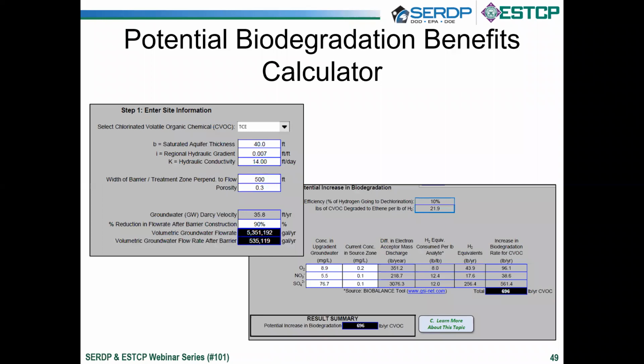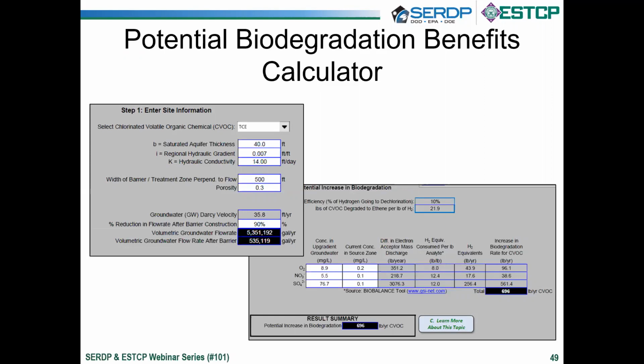Now, one key thing to note here is that the increase in biodegradation would be applicable to type 1 sites, which is fairly common for DoD sites where a fermentable oil or other electron donor is released along with the chlorinated solvent. And so the biodegradation benefits calculator can take general site-specific information, barrier properties, and concentrations of the key electron acceptors, both up gradient and within the source zone, to calculate a potential increase in biodegradation rate of that